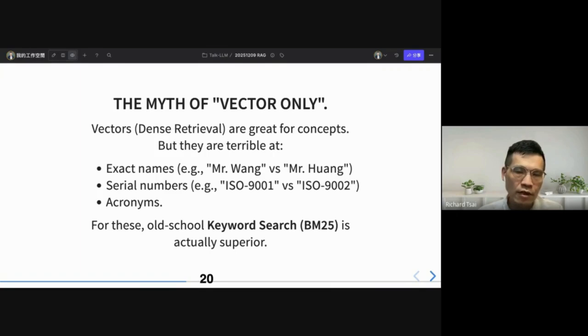For this, if we go back to old school keyword search, such as BM25, it is actually superior. BM25 is regarded as an out-of-date technique, but it is widely adopted in commercialized products.